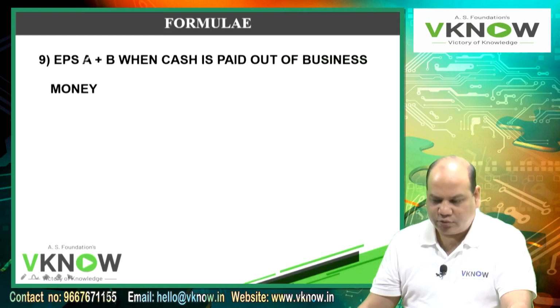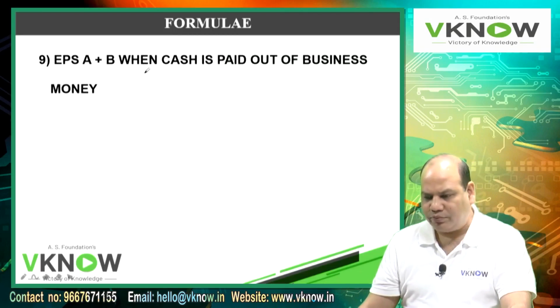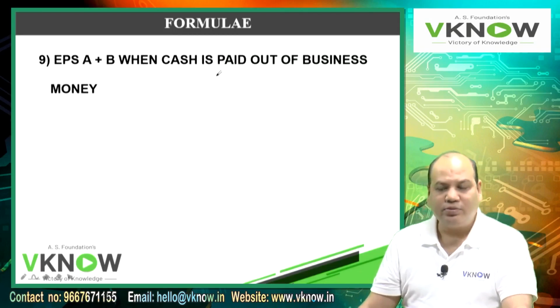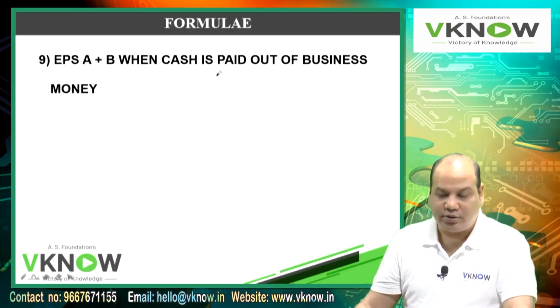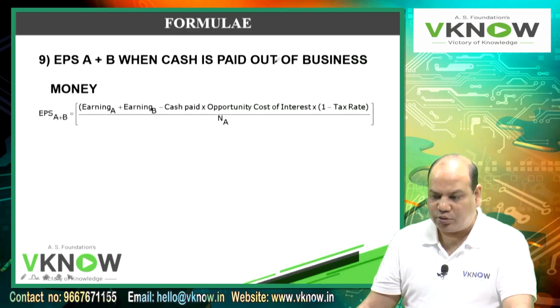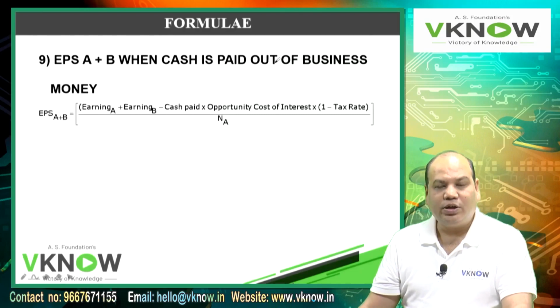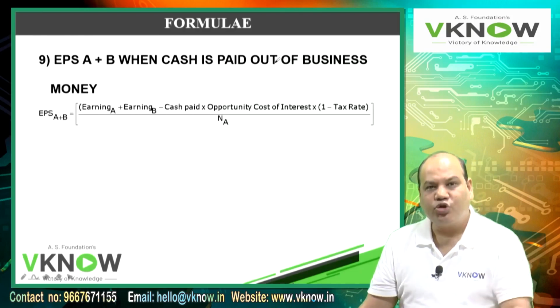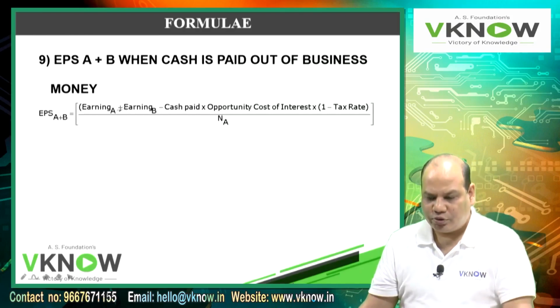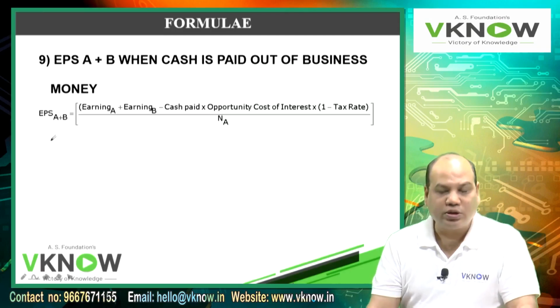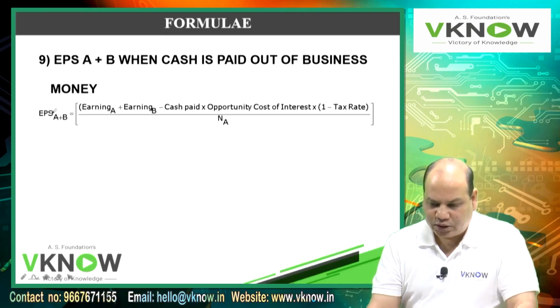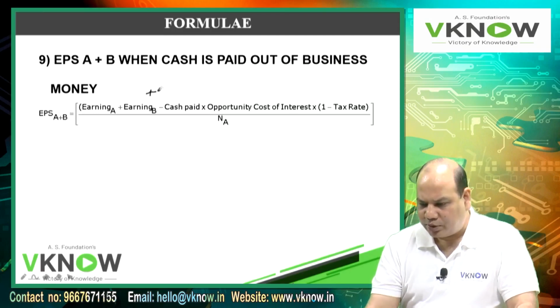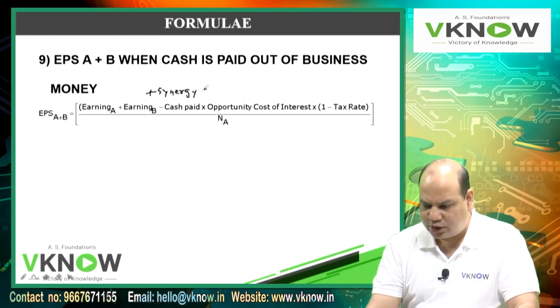Formula number 9 now, EPS of A and B when cash is paid out of business money. When cash is paid out of business money, then in that case there is an opportunity cost involved. So the formula for post merger earning will be EPS of A and B equal to earning of A plus earning of B and plus synergy gain if any,